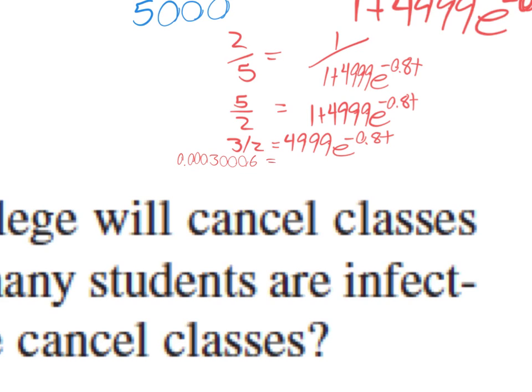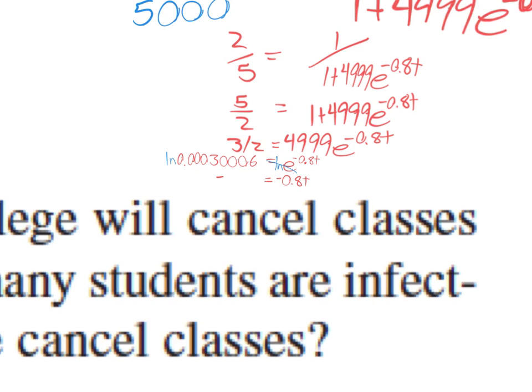Alright, so that equals e to the negative 0.8 t power. Take the natural log of both sides. That cancels out the exponential. So we have negative 0.8 t equals whatever that big number is, divided by negative 0.8. And that is